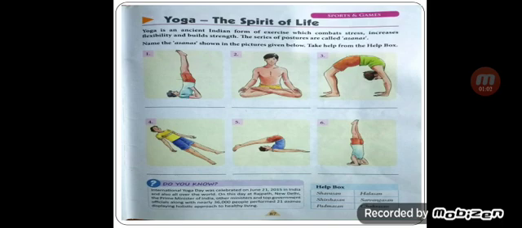Yoga is an ancient Indian form of exercise which combats stress, increases flexibility and builds strength. The series of postures are called asanas. So these are some pictures of the asanas given. You have to identify. The first one is the Sarvangasana. Second one is Padmasana. We commonly sit in this only. Third one is Chakrasana. Fourth is Shavasana. Fifth is Halasana. And the last one is on your heads, that is Shirshasana.